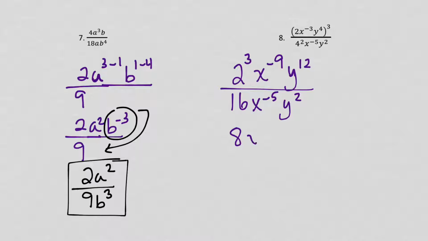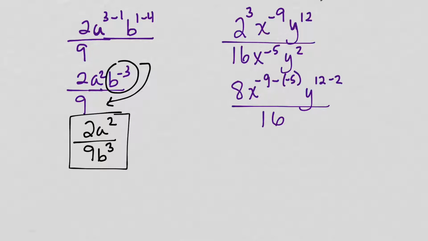So this becomes x to the negative 9 minus negative 5. And then y to the 12 minus 2, all over 16. So negative 9 minus negative 5, that's going to go to x to the negative 4, y to the 10th,